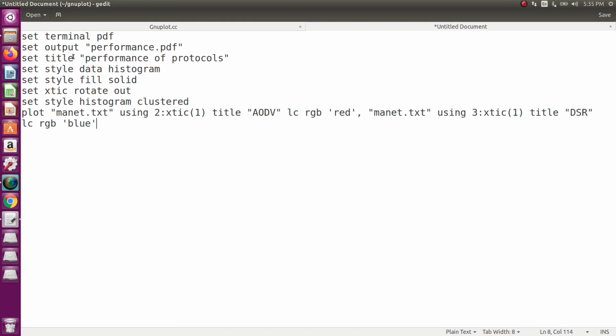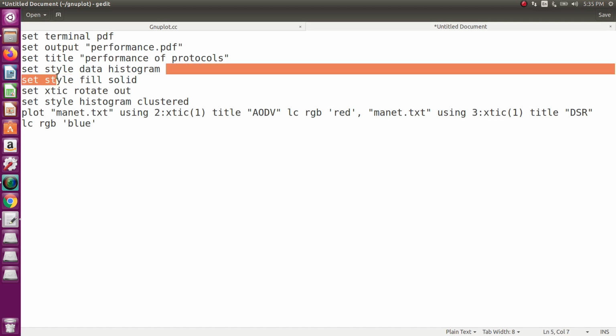So this is the code for your histogram bar chart, like we have already studied before. First we want to generate a file, so that is set terminal pdf, then set output performance.pdf, then set title. What is the title of your graph? You can set performance of the protocols, set style data histogram.